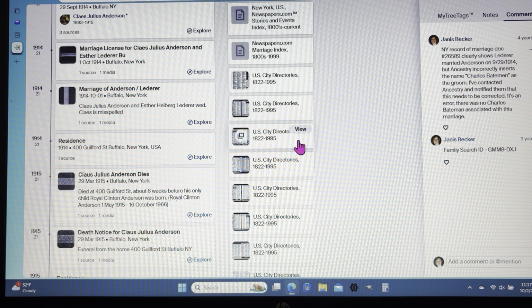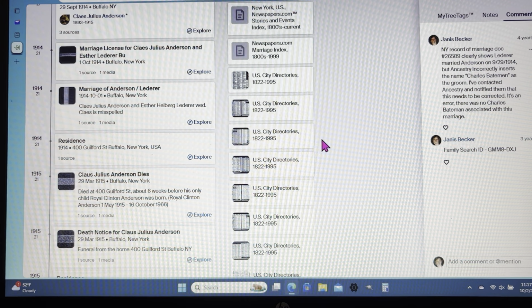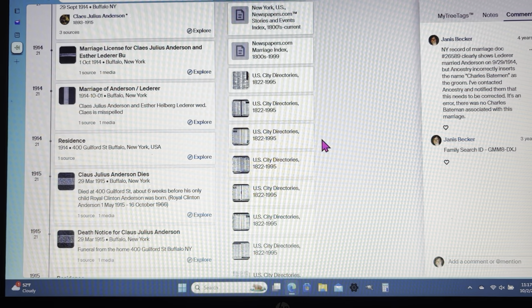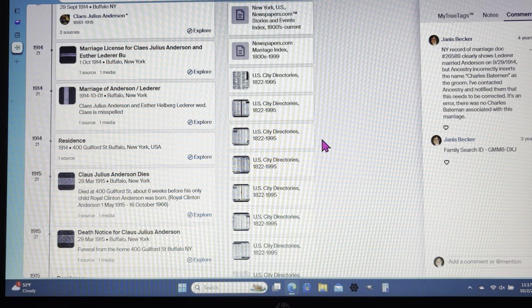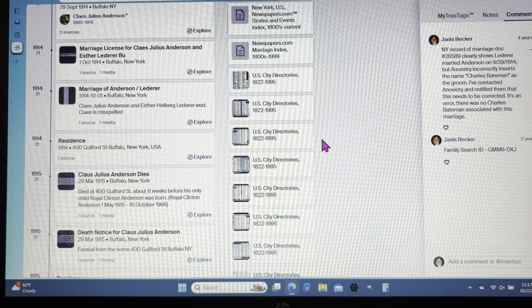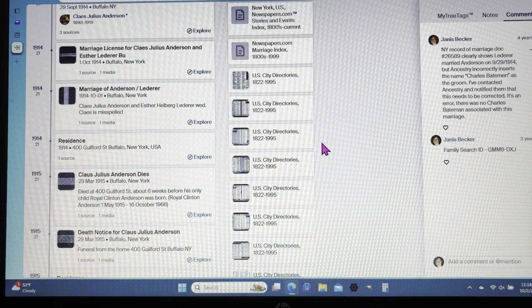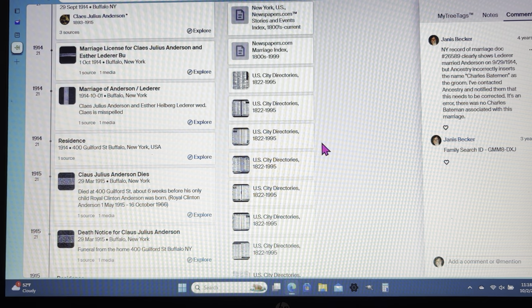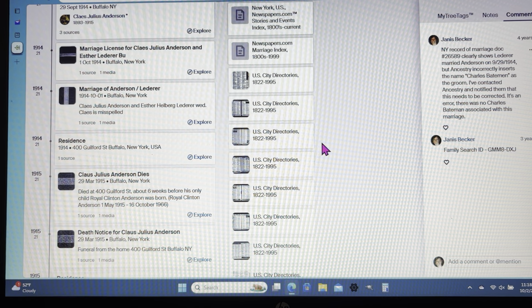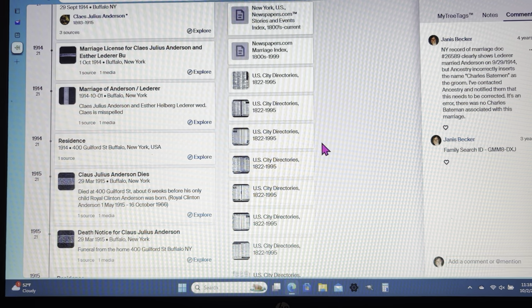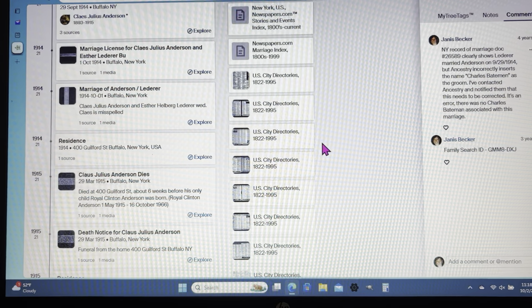Now, I don't know if you're familiar with this, and I think it was across the United States, I don't think it was just in the Northeast. Cities used to put directories together before there were phones. And actually, even after people were using phones, there were directories of the folks in your city.